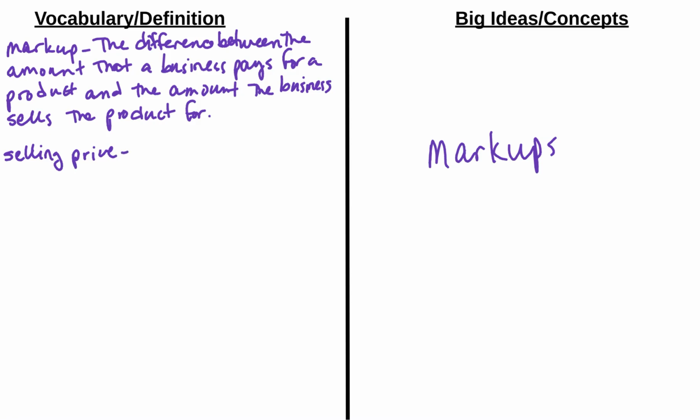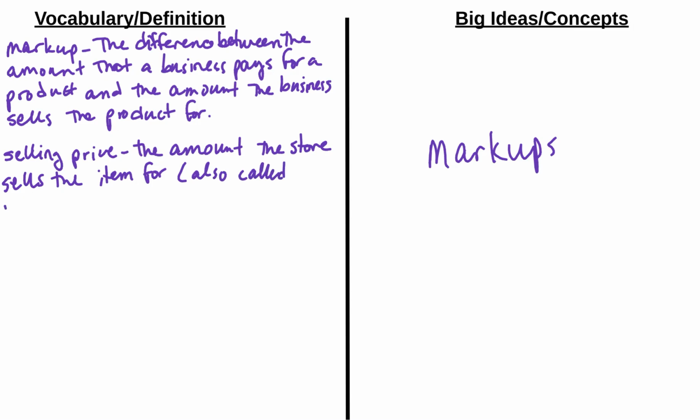And that's the amount the store sells the item for, also called retail price, and this includes the markup. So to make sure we understand, markup is an amount over what they paid, and a markup rate